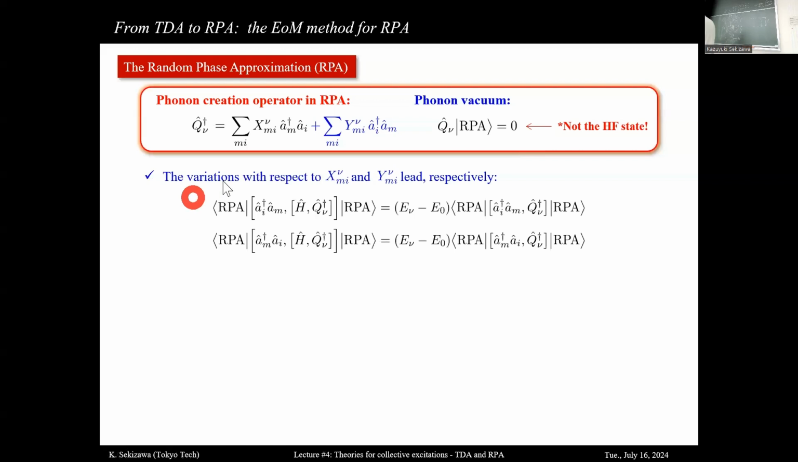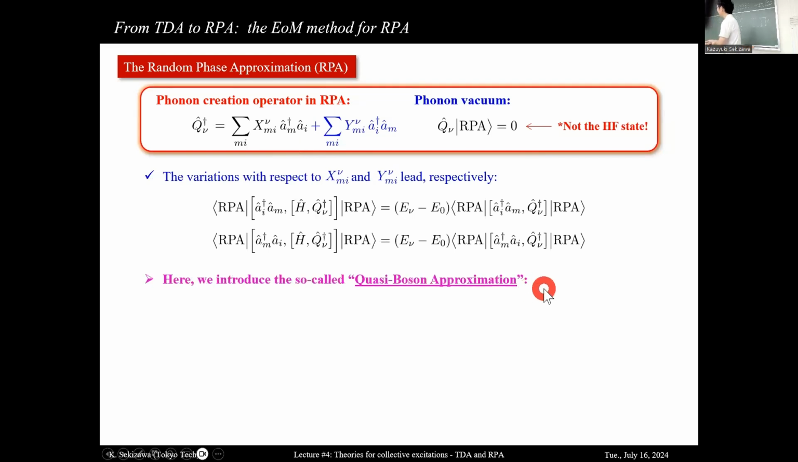Because of this different A dagger A, as you can see, the order is different, and there are two different coefficients. You can derive these two equations, which have somewhat different indexes. You can see here, IM and MI. So now, in